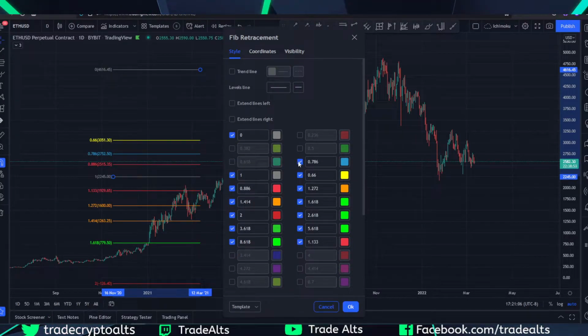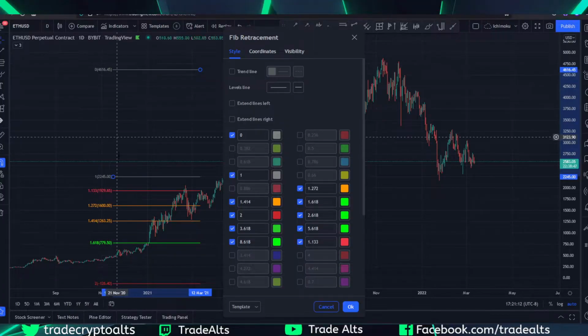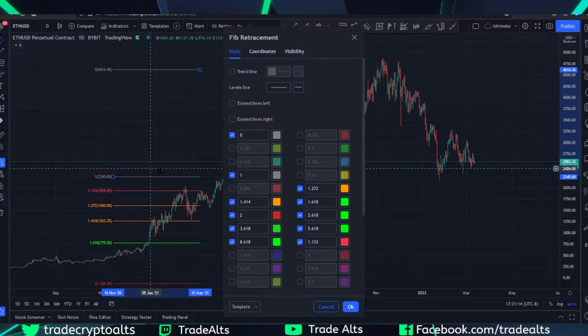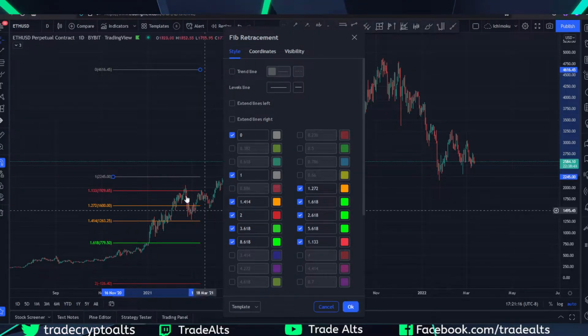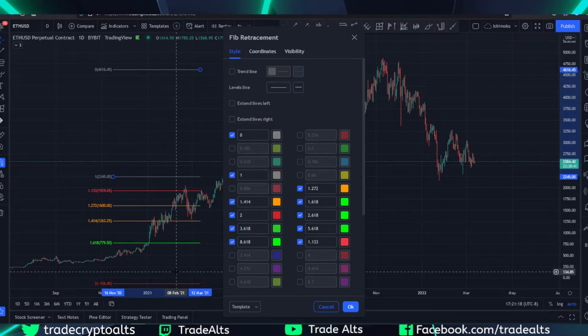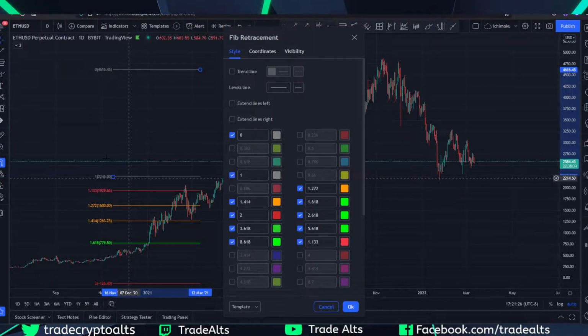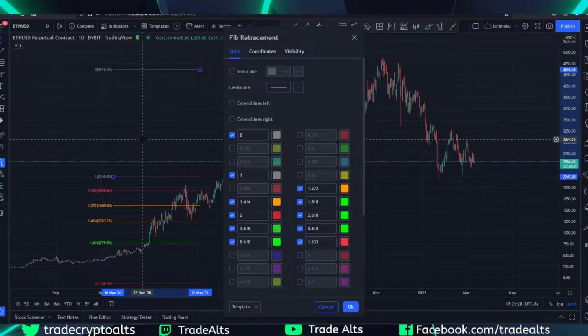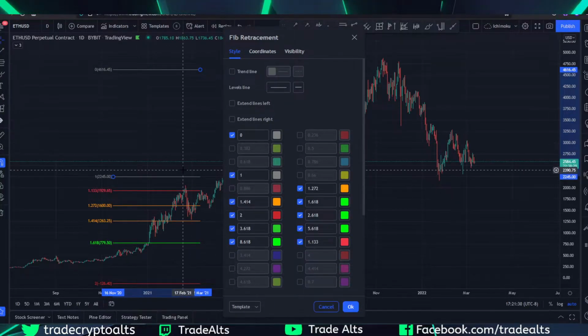So I delete everything. Now you don't have to do that. You can leave it all if you want. Basically everything that's between 0 and 1 is all blank now, and all I see are the expansion targets that I want to see. So I don't have to look at any of this anymore. If you set it up like this, you can have your Fibonacci retracement template, just like I did, and then I switch over to my Fibonacci expansion template, which is just the fib retracement with different